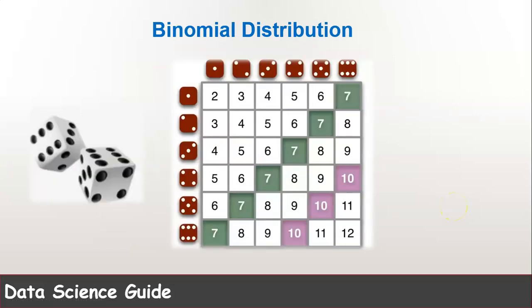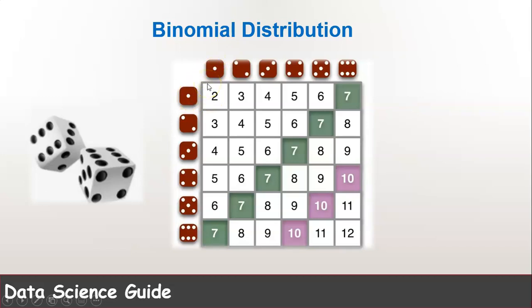So what if we have 2 dice instead of 1? In this case, we will have another type of discrete distribution. We call this distribution the binomial distribution. The probabilities this time have changed because we are throwing 2 dice instead of 1. The probability to get number 2 is 1. We have only one way to get number 2, and that's only when the 2 dice both show number 1 when